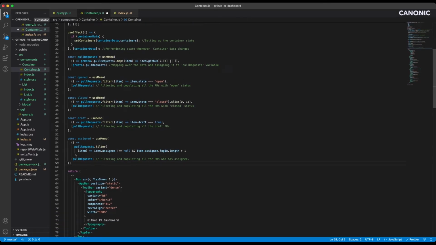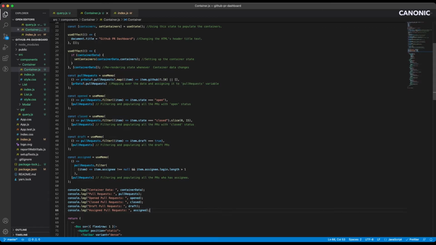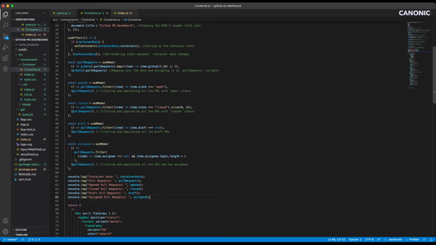To check if they're working or not, let's quickly log all of these variables and see what data we're getting in. So I've just logged all the container data that we're getting, all the pull requests, and then the filtered pull requests that we need to show in the different columns.